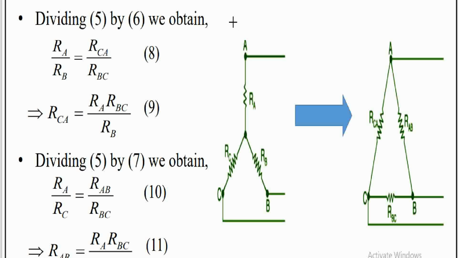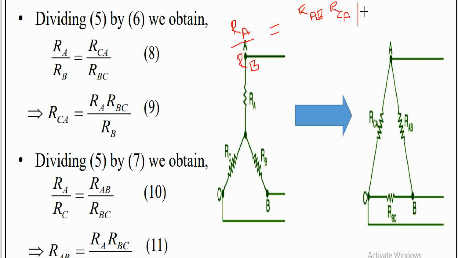So let us have a look. For your convenience, I am taking RA is equal to RA by RB. RA by RB is equal to, RA is nothing but this one, that is RA, adjacent of this one, RAB. This is the delta to star transformation. We have seen this equation, RAB